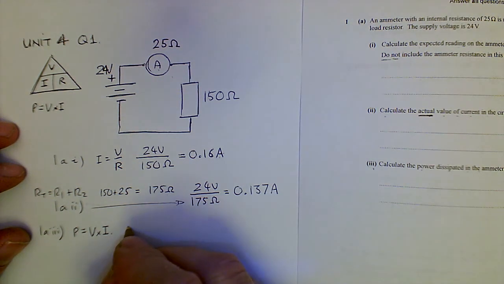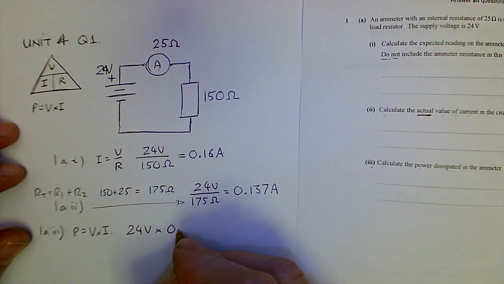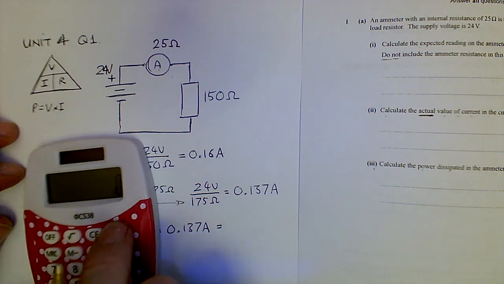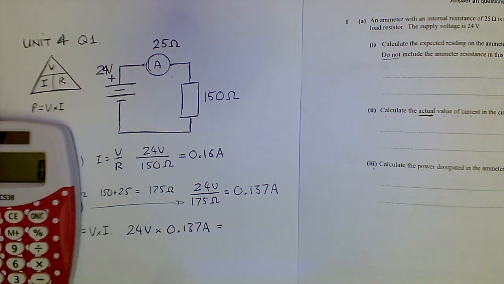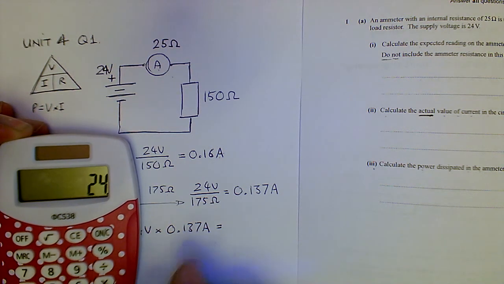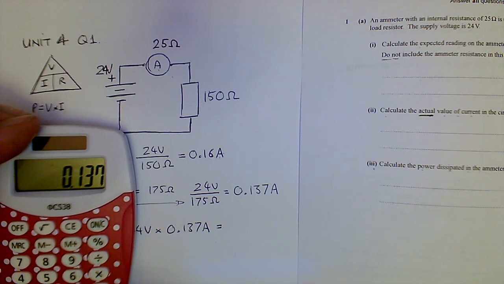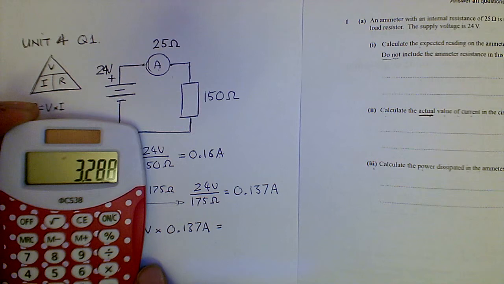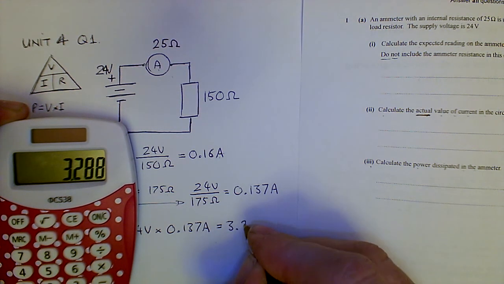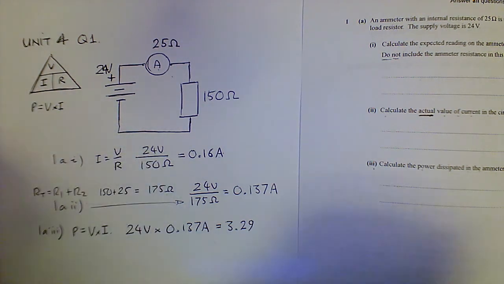So at this point I can say, well, I think it's 24 volts times 0.137 amps. So that's going to give me 24 times 0.137 equals, can you just see the decimal point there? So I've got 3.288, 3.29, and the unit for power,